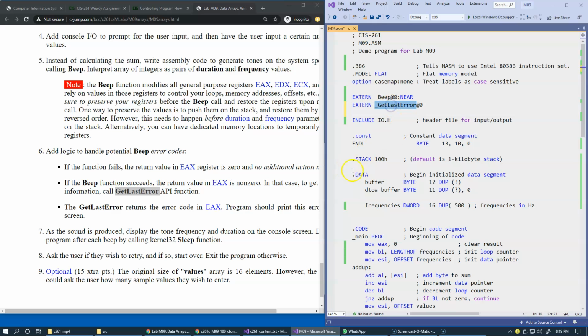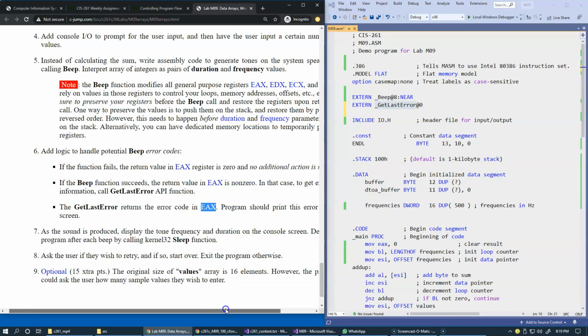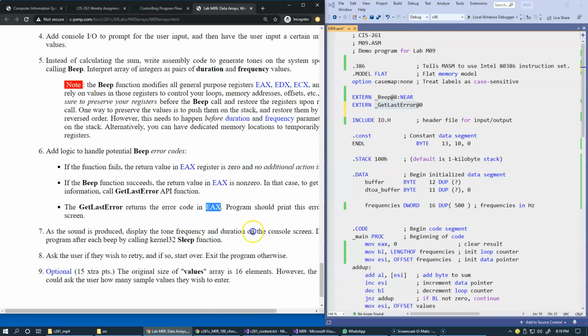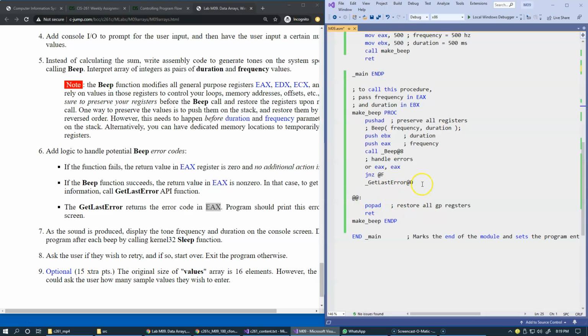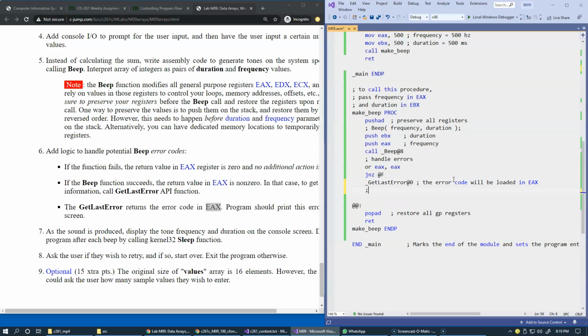And so we'll be calling getLastError, which will get the error code in EAX. So the program can display this error code on the screen. So for now, we'll just say that once we call getLastError, the error code will be loaded in EAX upon return. And what we need to do is display